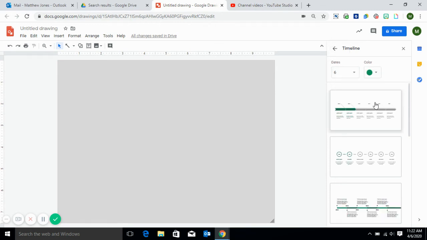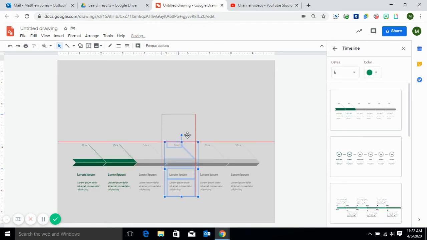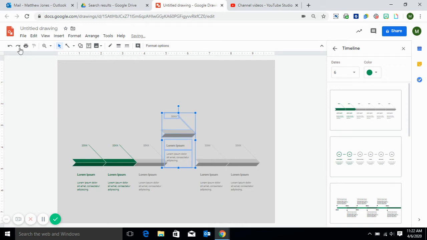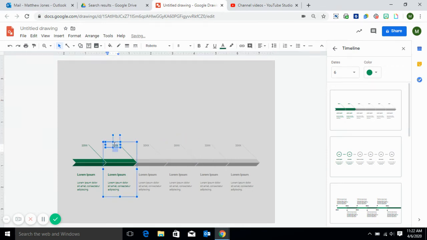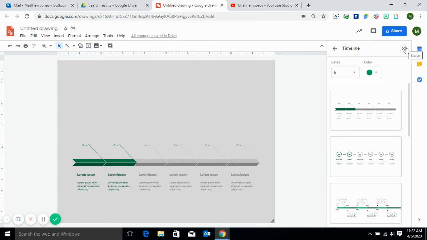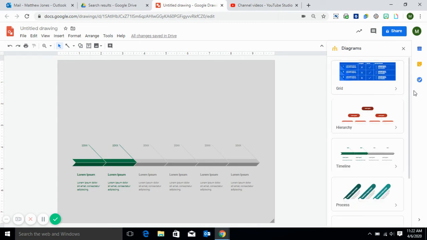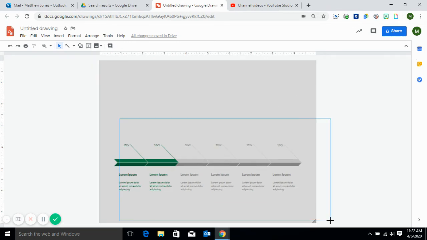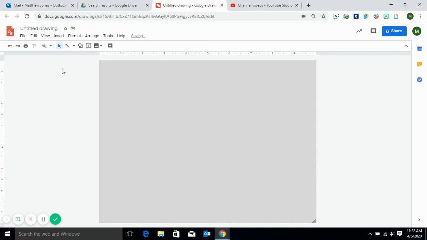You can change the color, and all you do is click. Okay, you can move it how you want to. You can change the dates. You can add in your own information. So it's a good template that you can work off of, and you can have your kids work off of as well. And there's a lot of different diagrams that you can use as templates. The last really cool one that I have used